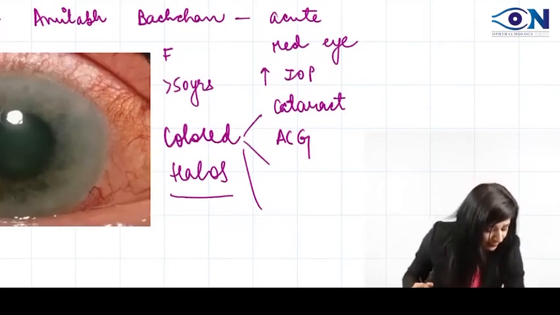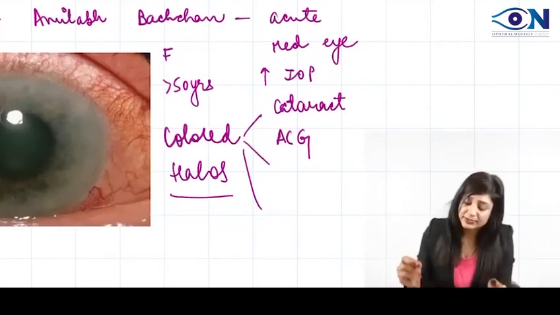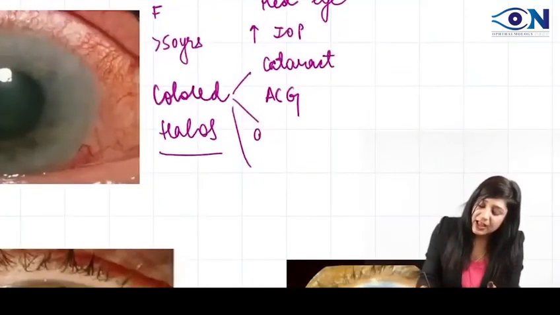prostaglandin analogs, what came after that? It was the beta blockers. And then third is the acute